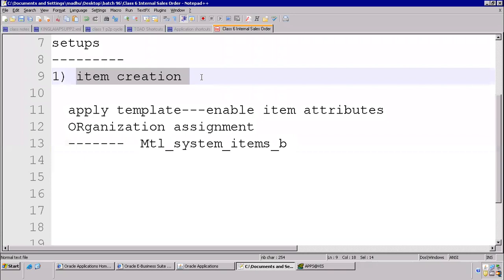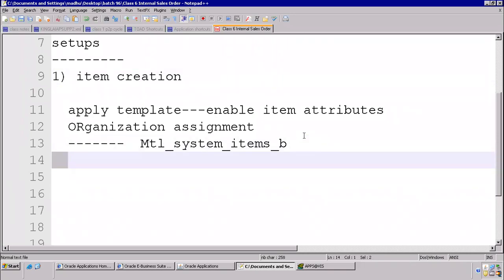So are you okay with this item creation? No, second one. Second one is